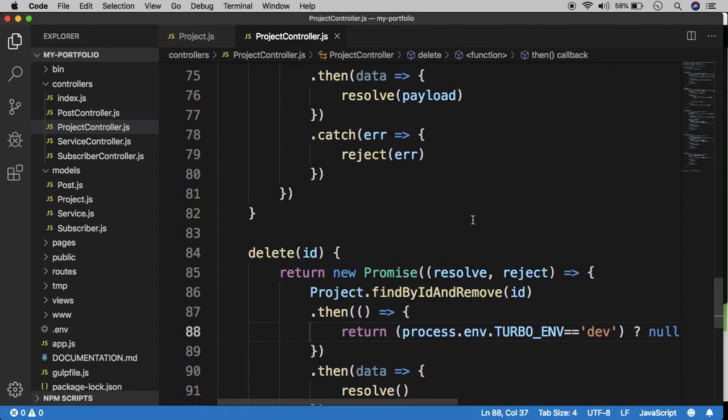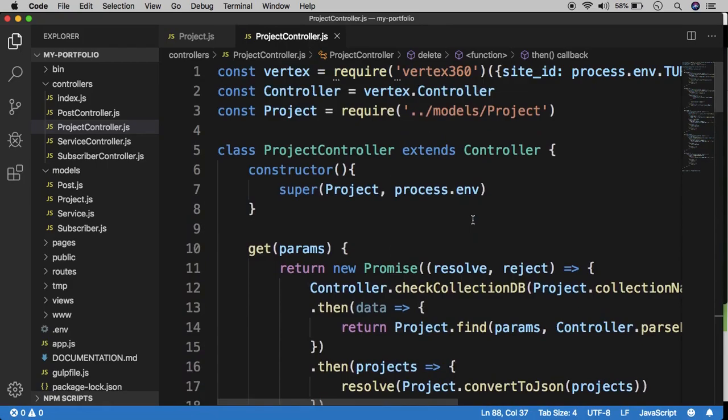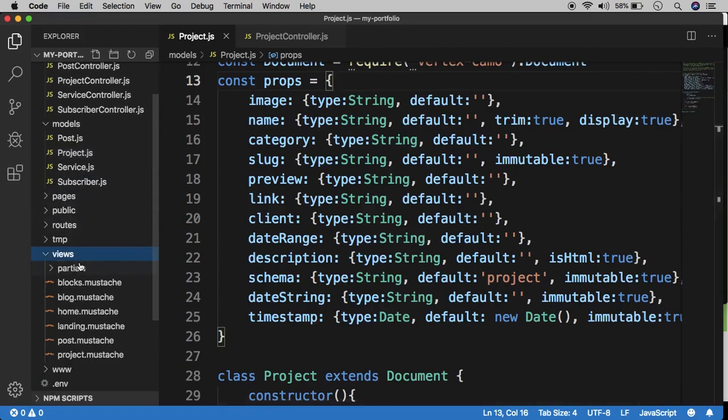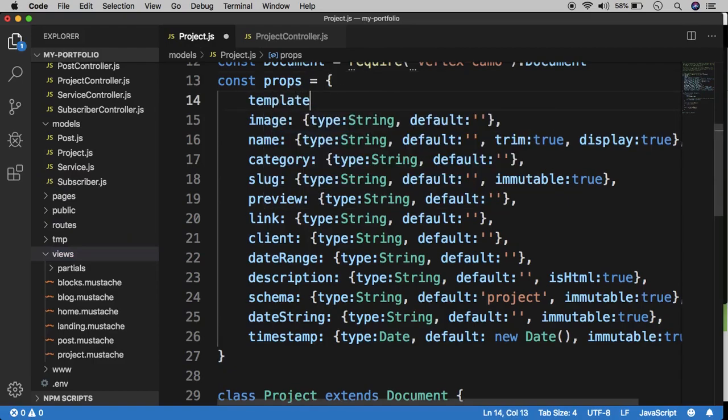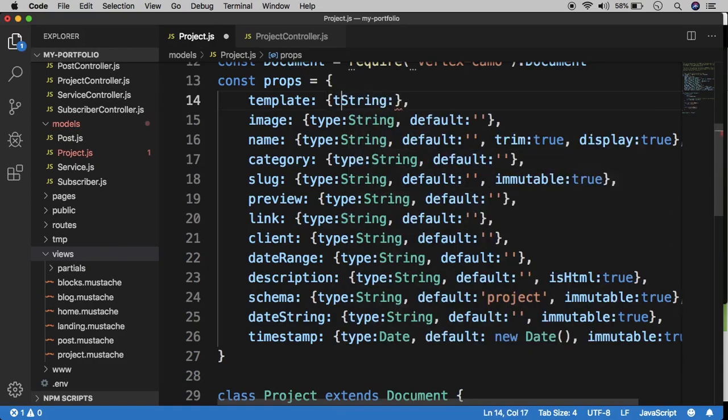Obviously there's a lot more that you can do with them, but the point is it's important to understand where the logic should go inside of an MVC style architecture. One of the most common mistakes in this kind of architecture is where people mix responsibilities. So for example, in this project.js schema, it would be a mistake to insert something like a description template, like this project is tied to a certain project template in the views directory, and having a template key like this, and then denoting that as a string type, excuse me,